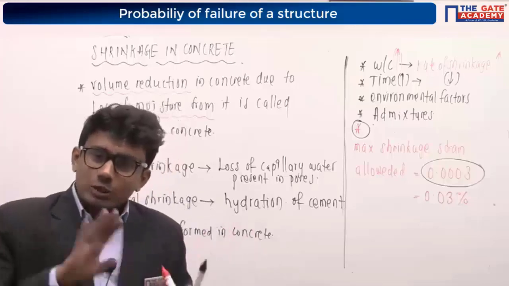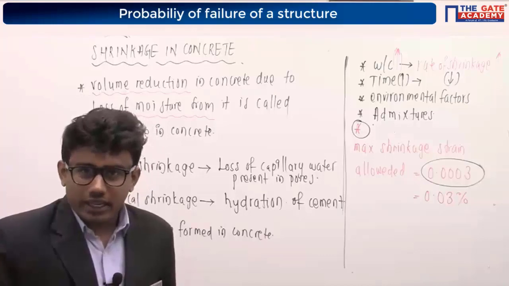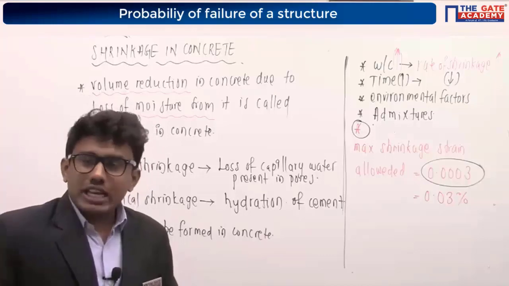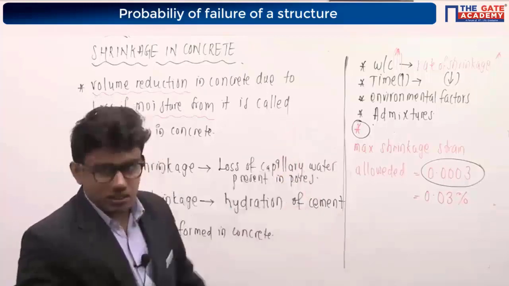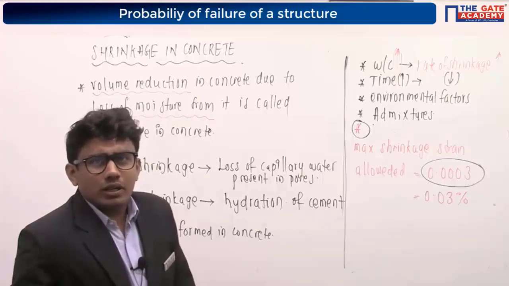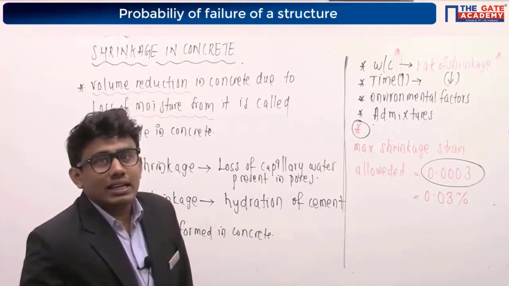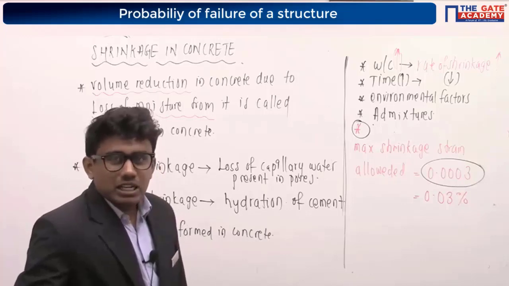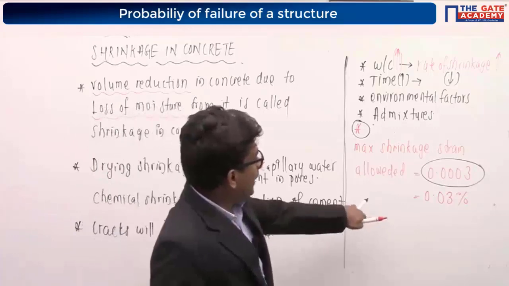See, once the concrete is placed, the water starts evaporating from the concrete due to these factors. So shrinkage will be there, and it depends mainly on these factors. If the water cement ratio is more, the rate of shrinkage will be more. It does not depend upon the time of casting, I guess. Can it be maintained along with an accelerator? Yes. We can use certain chemicals for controlling shrinkage.